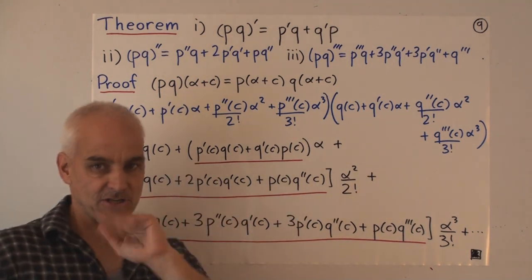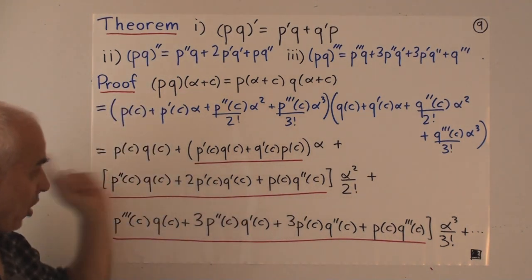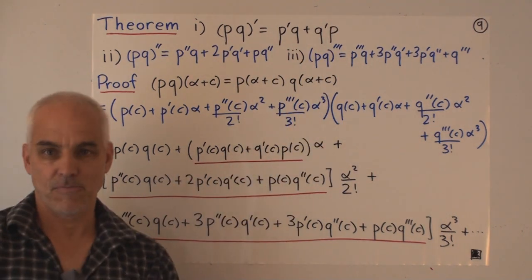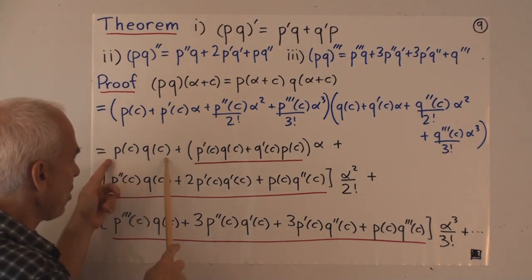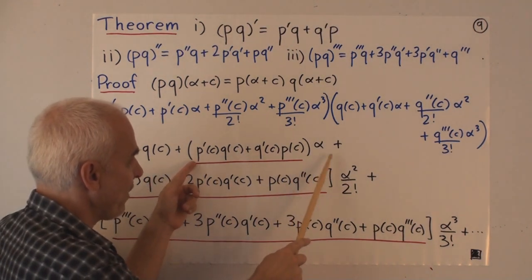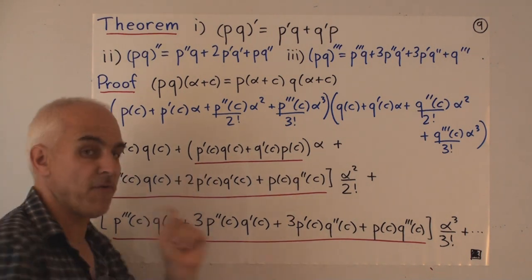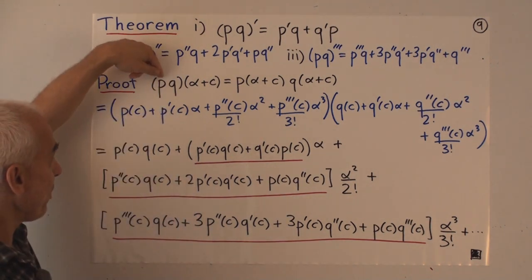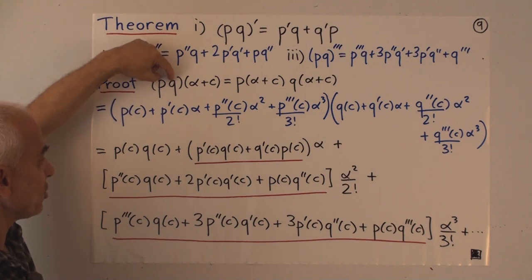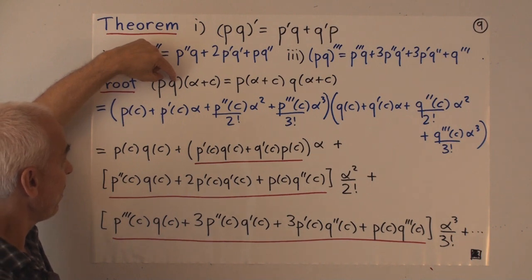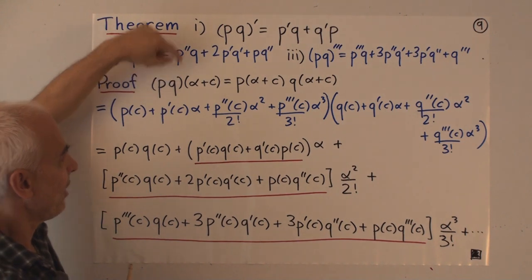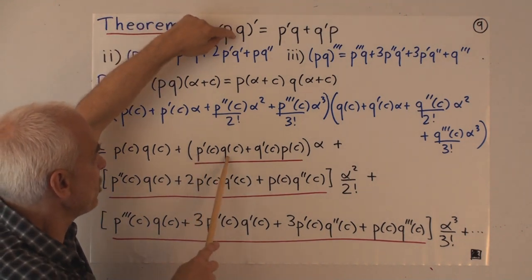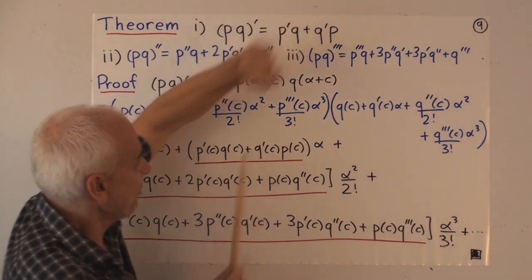And then there'll be some other stuff, but let's just stop momentarily here and notice that this already proves our basic product formula for the derivative. Because here's the constant term, here's the coefficient of alpha, then there's some other stuff, but we know that the coefficient of alpha is what we're calling the derivative of the function we're starting with, which is p times q. So the derivative of p times q, evaluated at c, is going to be exactly this expression. That's what we're writing here: p prime times q plus q prime times p.